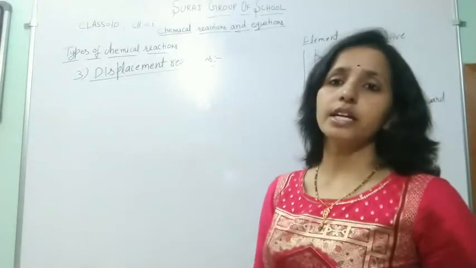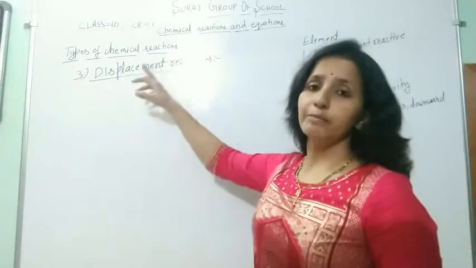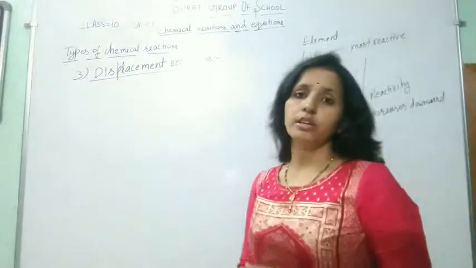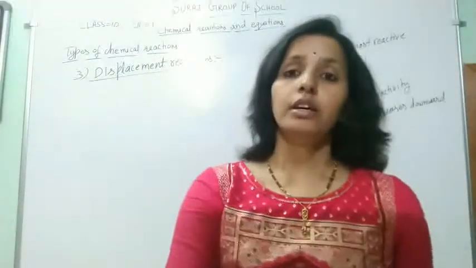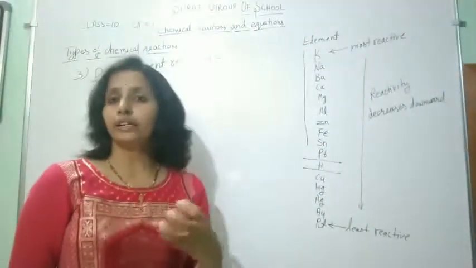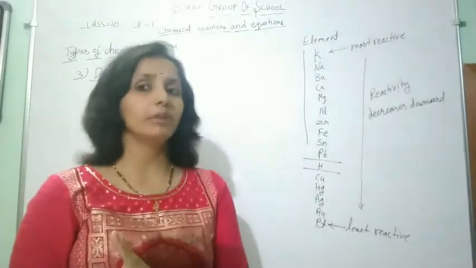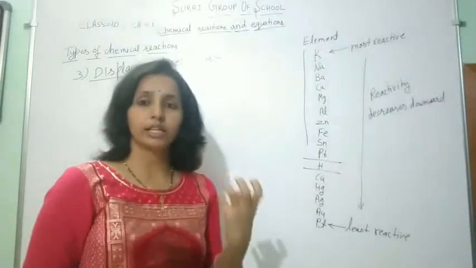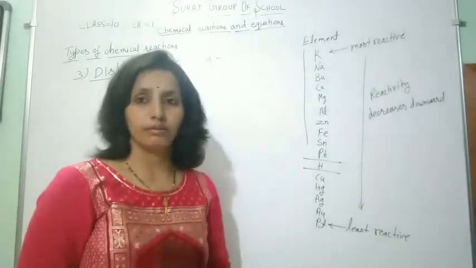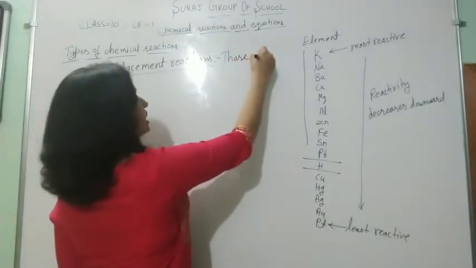Today we discuss the next type of chemical reaction, which is known as displacement reaction. Displacement reactions are those reactions in which a more reactive element displaces a less reactive element. We can say active or reactive. So we can define it as those reactions